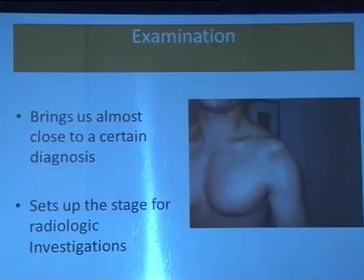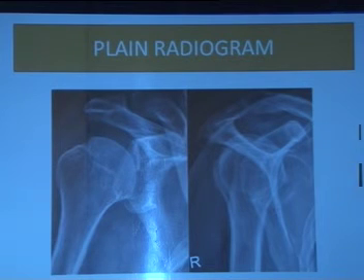So once you start clinically examining these patients and doing a stepwise examination, you set yourself up mentally that some radiological investigations are required before taking these patients to theater. Almost always we do a plain radiogram, try to do an AP view and an axillary view for unstable shoulders. It's important to study an AP X-ray nicely, because some of these patients may have a bony lesion here, which might be a bony Bankart or a bony glenoid tear, which needs to be addressed and changes your whole surgical plan.